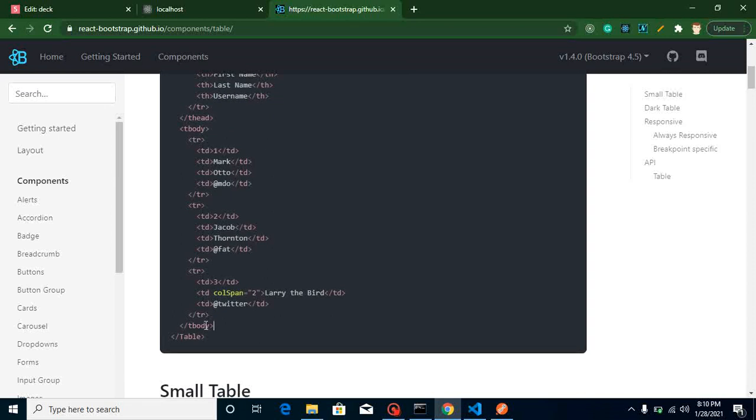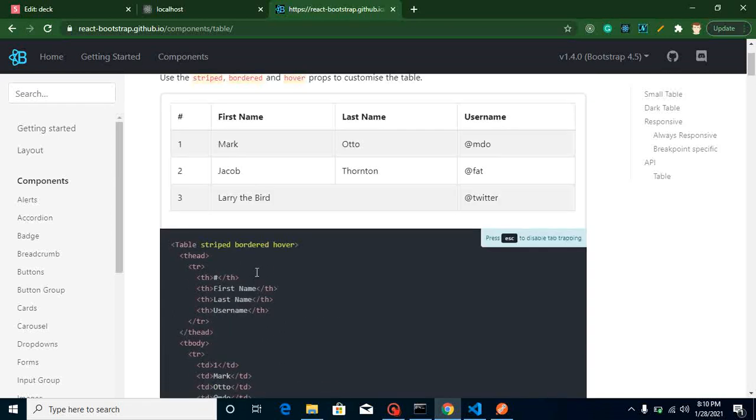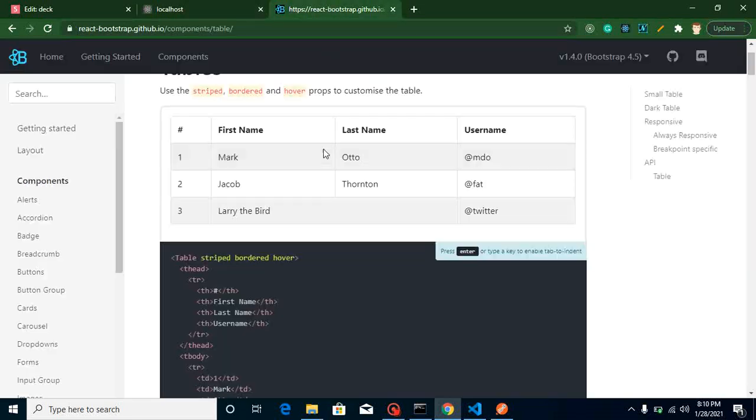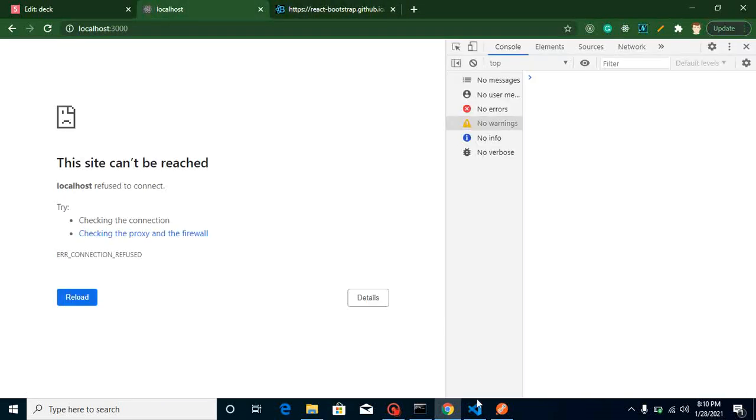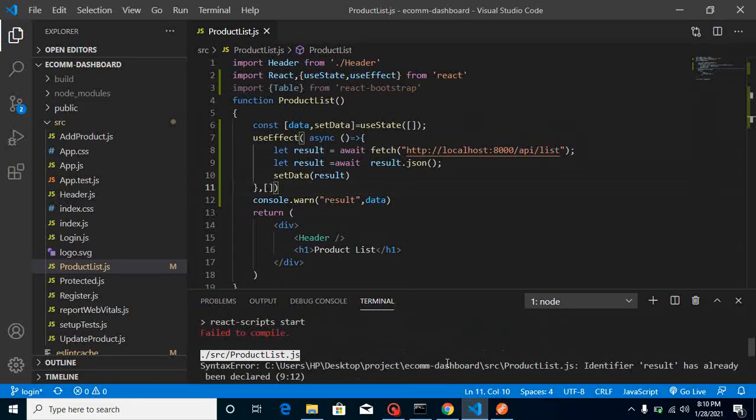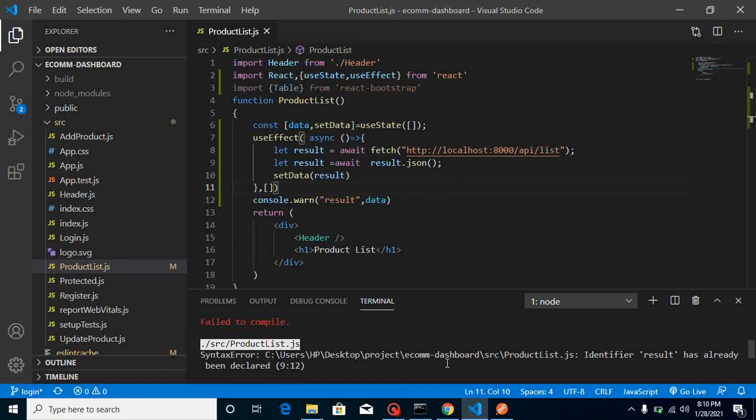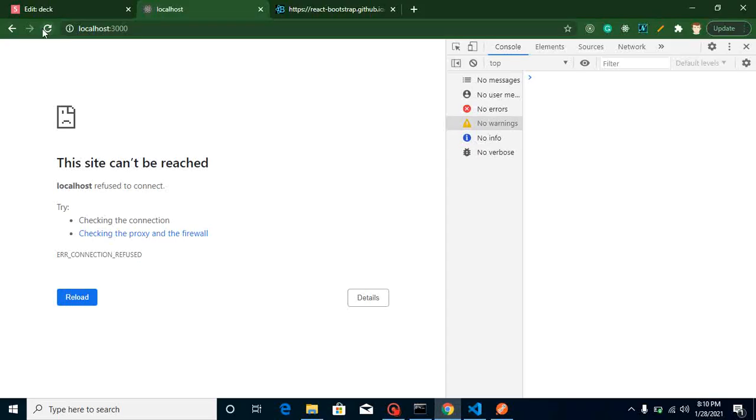So we will use this table format with our API data, and we will make a table like this. So I think everything should be working fine. Result is already declared, as we can see, so I don't need to put result here again, right? And let's refresh it.